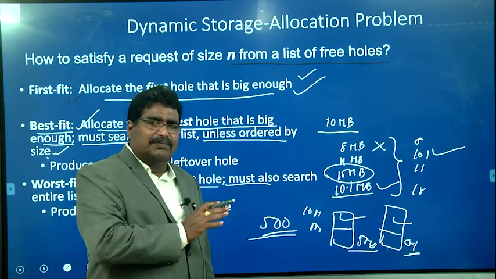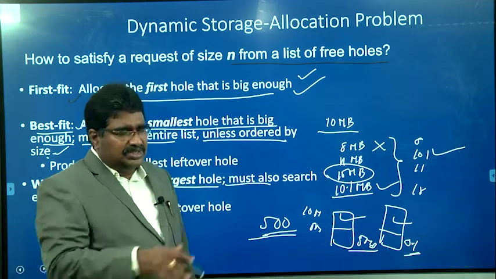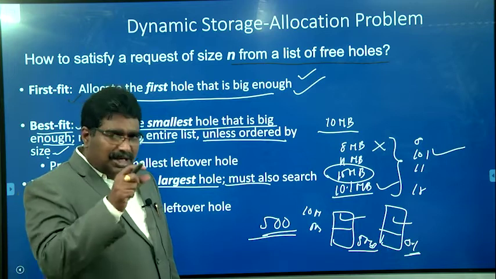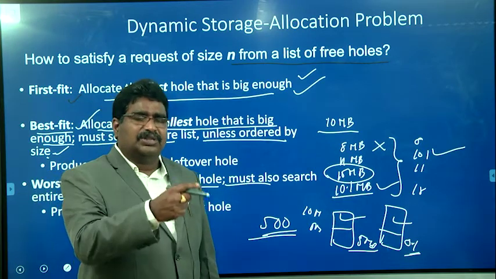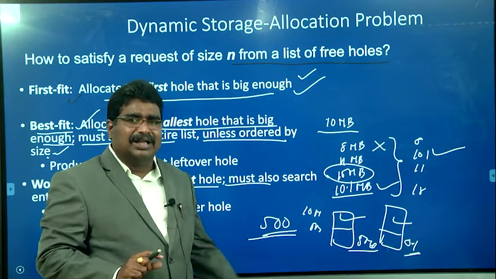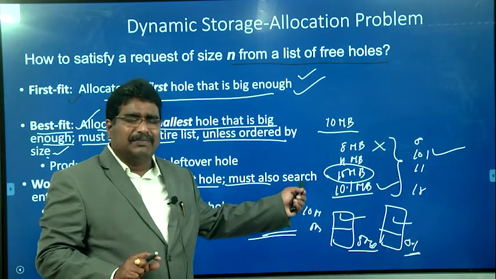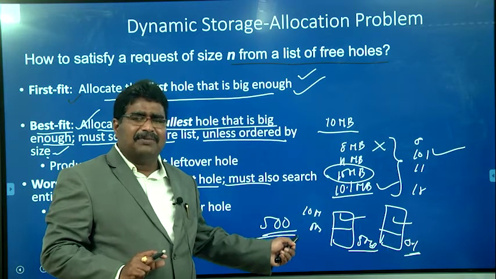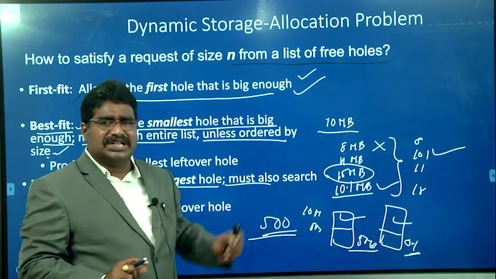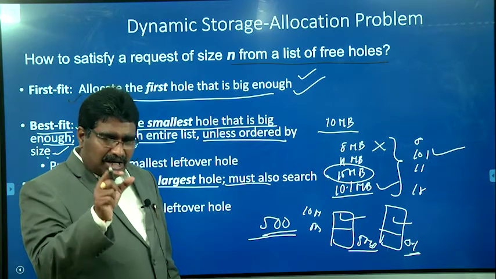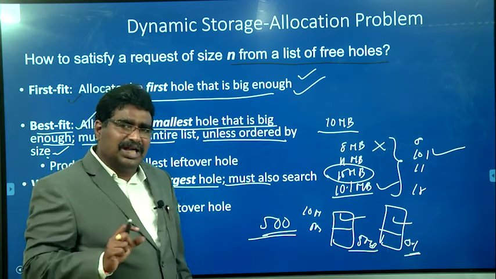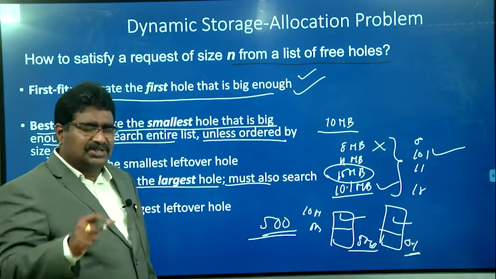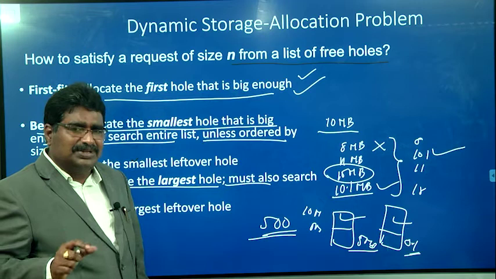The remaining are the best fit and the worst fit, where we need to scan the entire free list. In best fit, we try to identify the smallest free hole that is enough for the required process size. For example, we need a 10 MB process, but the available free spaces are 8 MB, 10.1 MB, 11 MB, 15 MB. In that case it chooses the 10.1 MB because it is the smallest one that is greater than or equal to the 10 MB. And worst fit simply identifies the largest free hole. In this example, 15 MB is the largest one.